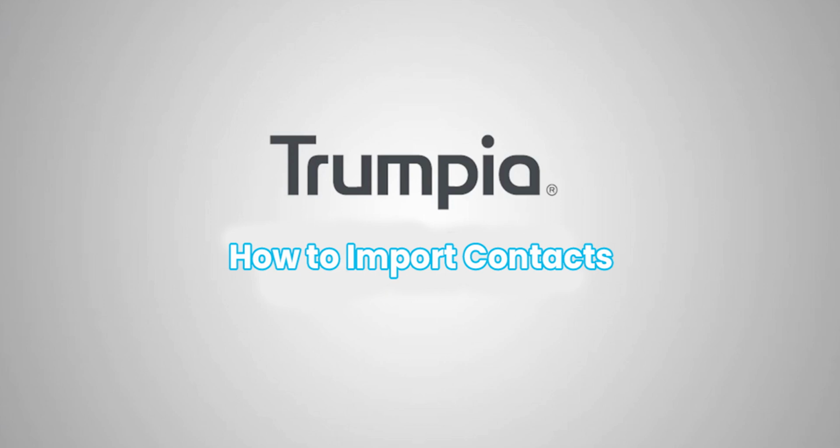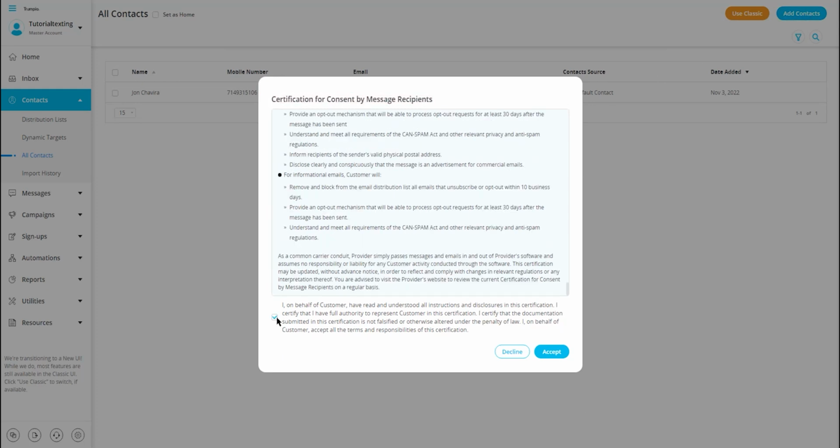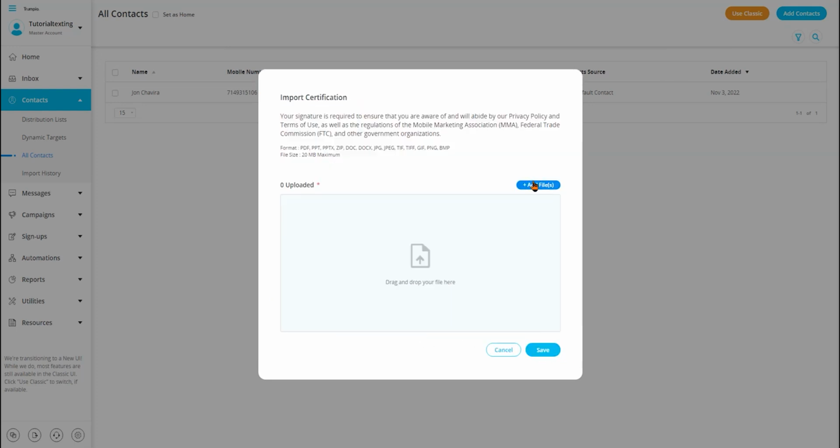Today we will be walking you through how to import contacts into our system. Before we begin, there are some things that you need to complete before you can import contacts. Number 1, you must complete an import certification. If you have not completed our import certification, you will be prompted to do so before being able to import